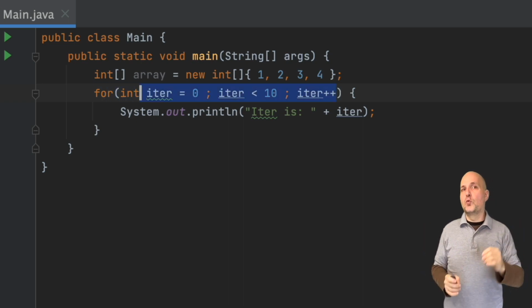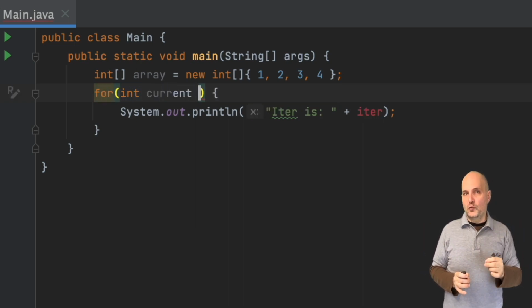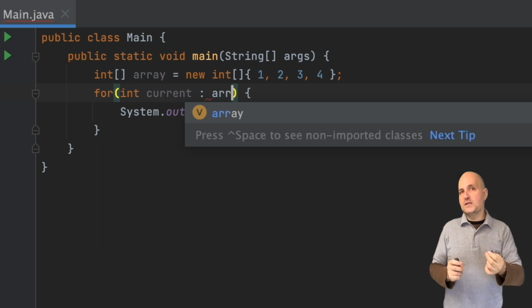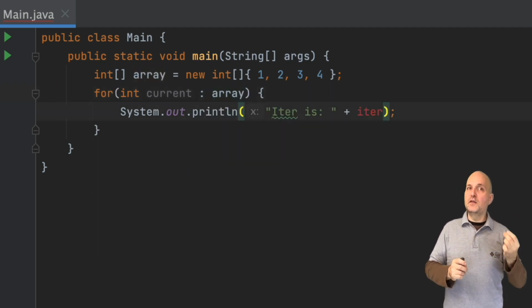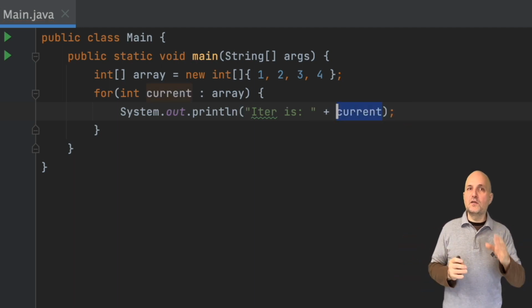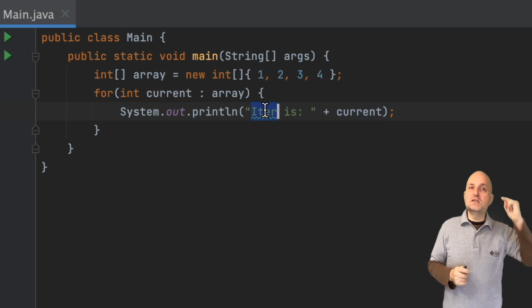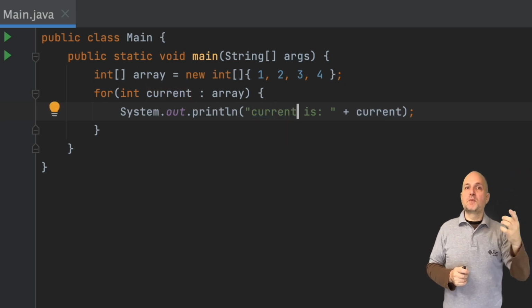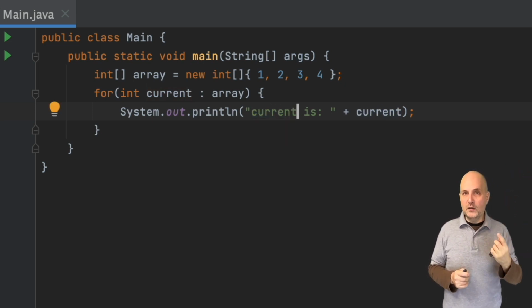This for loop is called a for each loop. It's invoked once for each element in the array or collection. Unlike the previous loop, which counted numbers, here the value of current is the value from the array. So it would be 1, 2, 3, and finally 4.